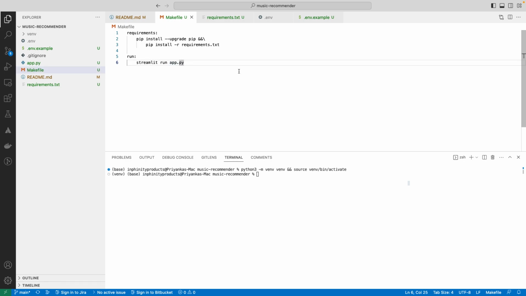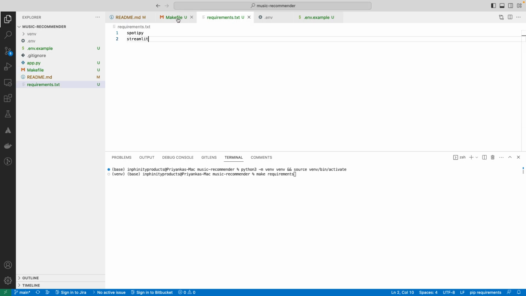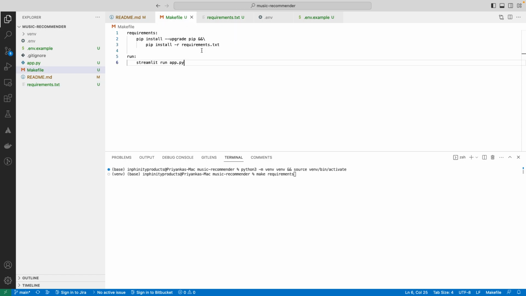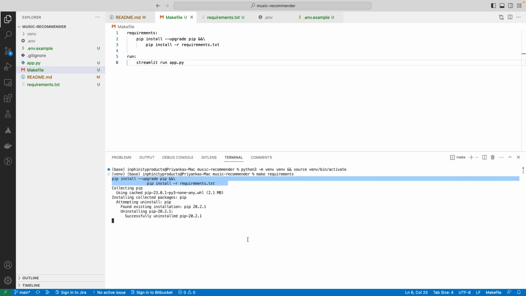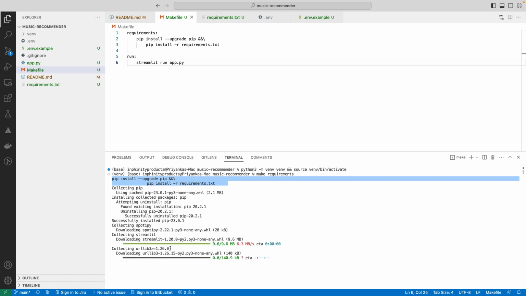So, we have the make file, we have an env, so maybe we can actually go ahead and download Spotify and Streamlit in this virtual environment. So, let's download that. So, you see that command is run now, and it's upgrading pip and downloading those libraries in this